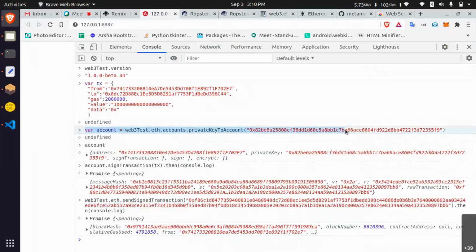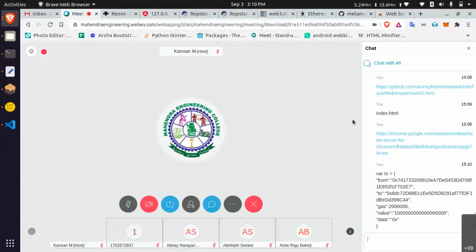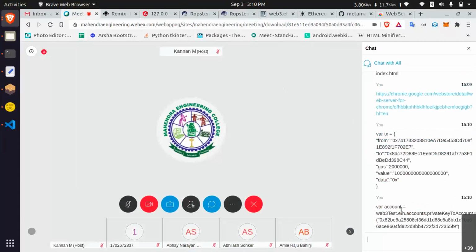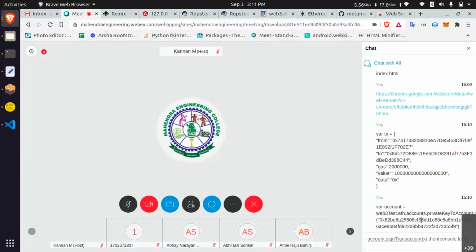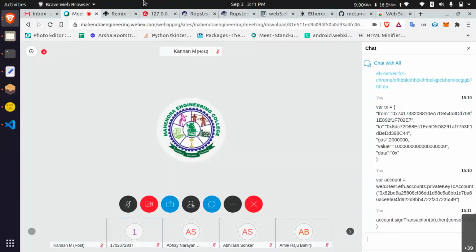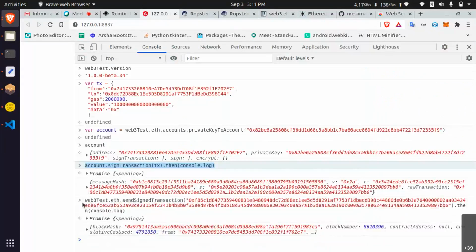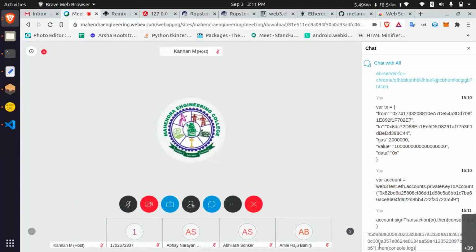This is for defining your account, and once the account is defined, you have to do sign transaction with your TX, and then you have to pass the raw transaction here. Okay.